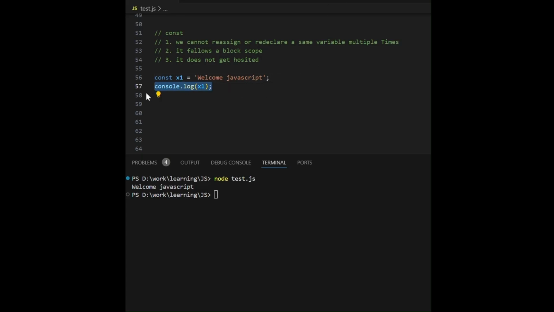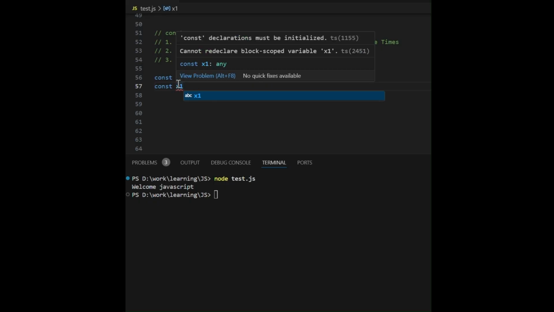Let's try to redeclare the same variable one more time. Const x1. The moment I gave x1, we got an error. What does it say? Cannot redeclare block scope variable x1. You see, cannot redeclare the block scope variable x1.